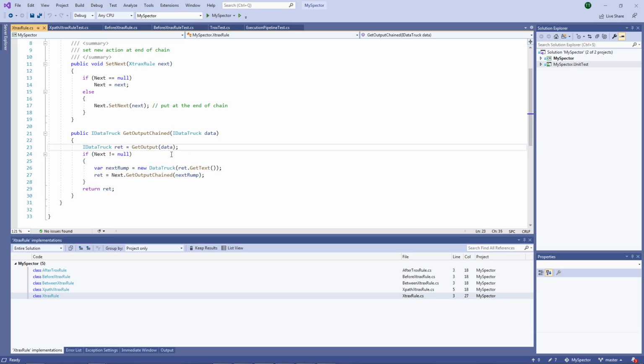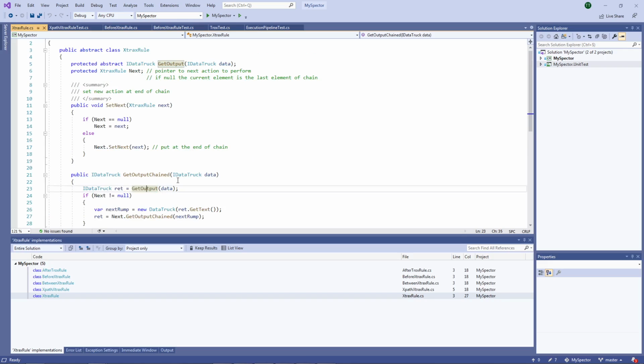And same thing for the get output, which is called here, it must also have the same structure. To make a transfer of the data object through all the nodes of the chain, you have to have this similarity. So this is most of the things I want to say.